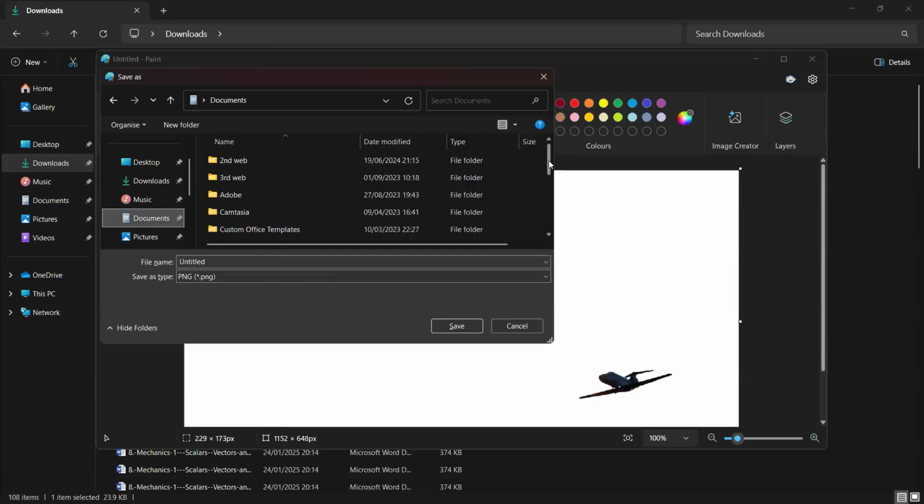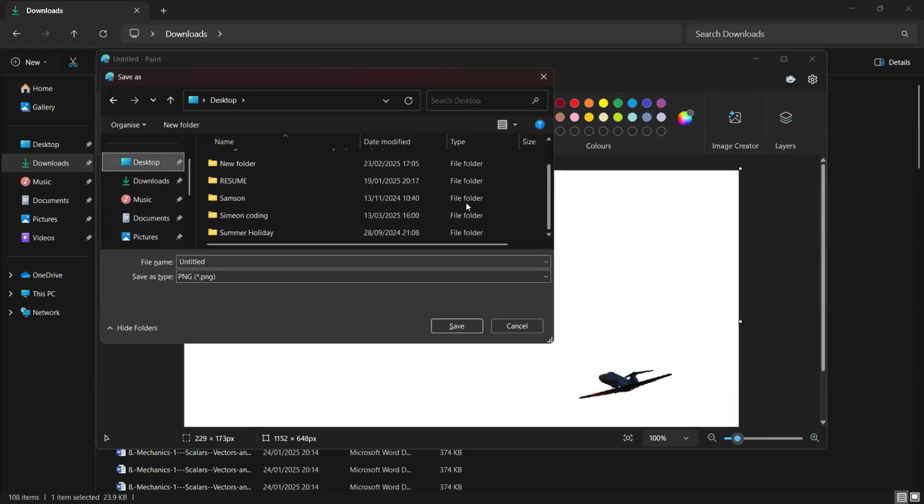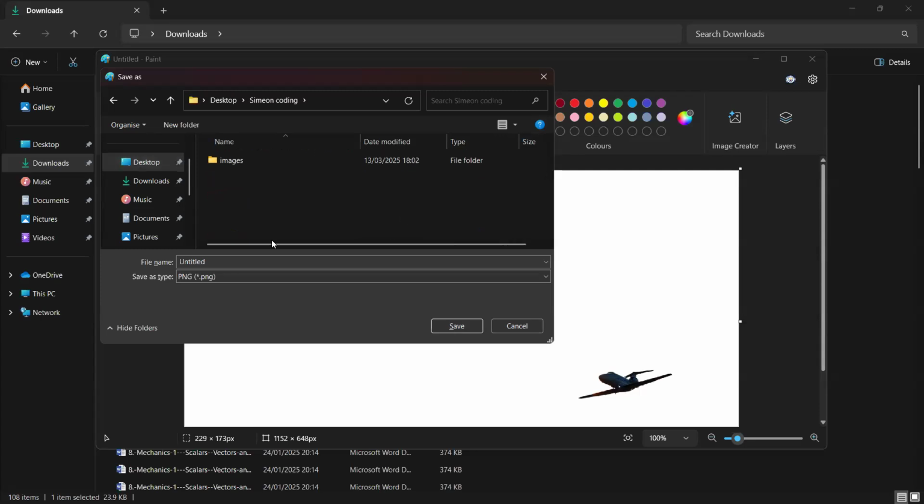Then look for your Simeon coding website also. It's in desktop. Oh, sorry, I thought it was documents. I saved it in images, but we need to change the name.